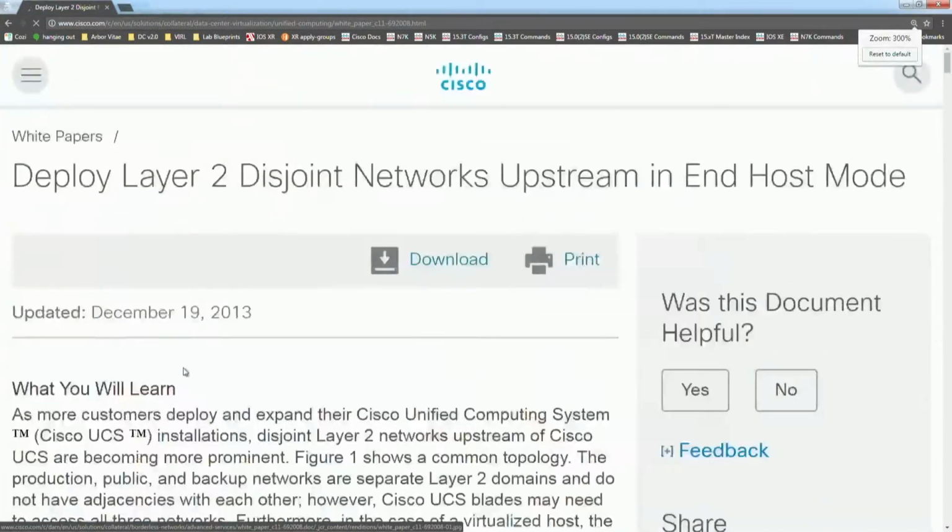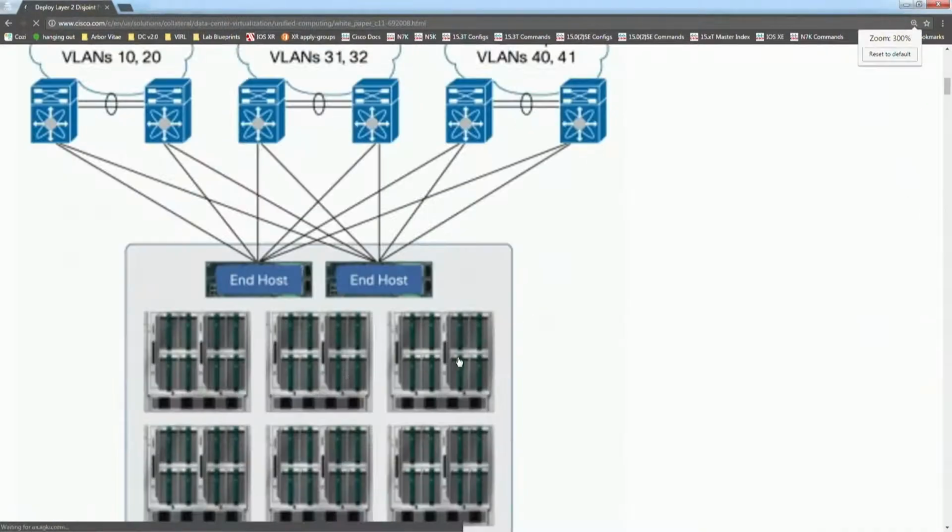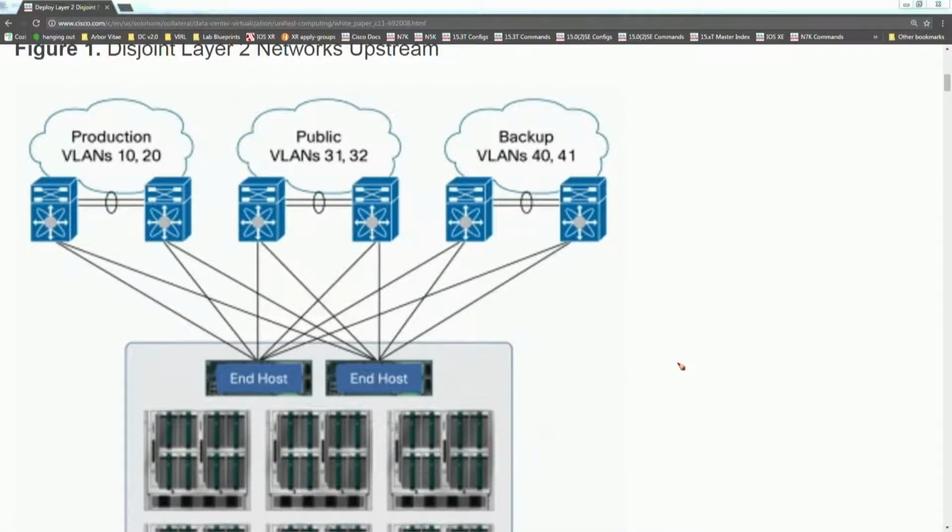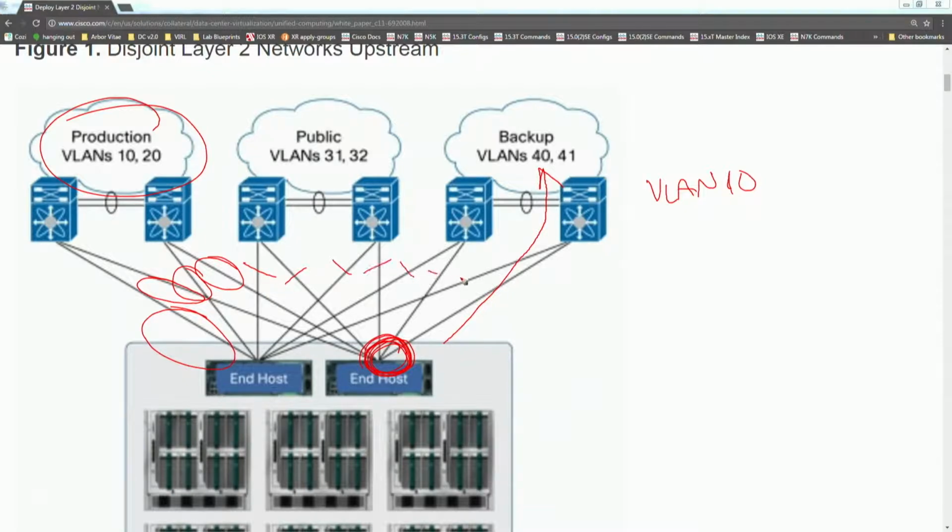Okay, the case they're describing here is that you have 3 different types of networks upstream. You have the production network, the public network, and the backup network. The issue is that if the VLAN 10 broadcast receiver was elected on this port, it physically does not go to the segment with VLAN 10. VLAN 10's over here. So the broadcast receiver would have to be elected on this interface, this one, or this one. But in order to eliminate these other 1, 2, 3, 4, 5, 6, 7, 8 links, we would have to remove VLANs 10 and 20 from the allowed list and only allow them on those 4 interfaces